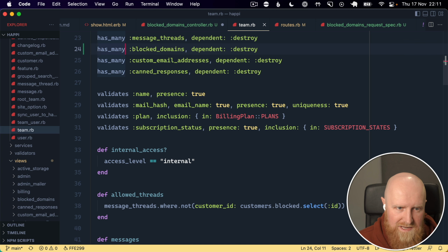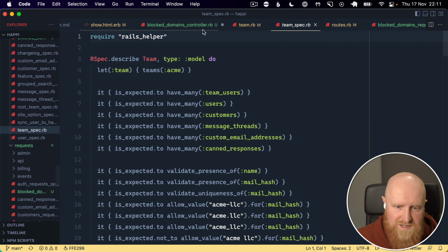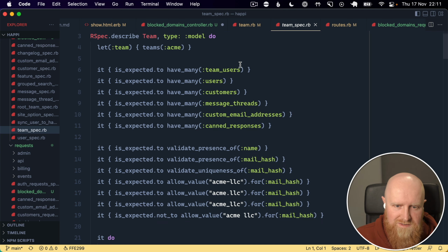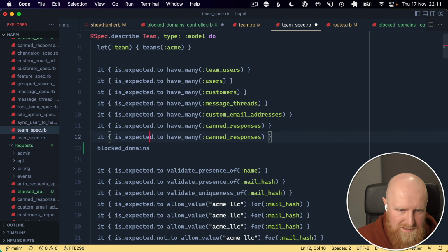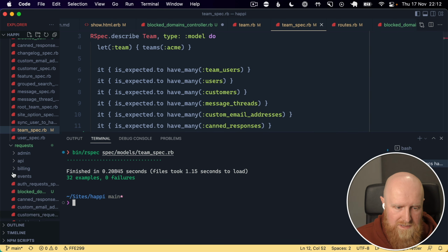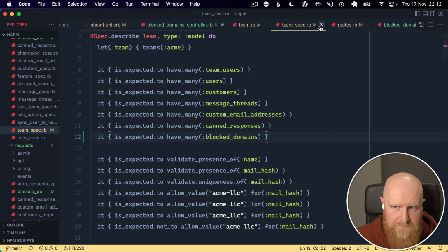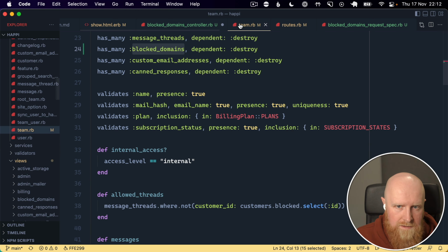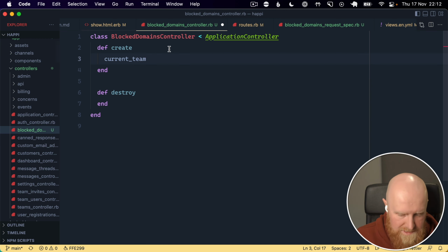And we can also like take this and go to our team spec. So I'm using pseudo matchers here to run these. So we can go in here and say it's expected to have many blocked domains. We can run that and know that that's set up okay. So now we've got this method on our team. We can go in here and say current team.blocked_domains.create,